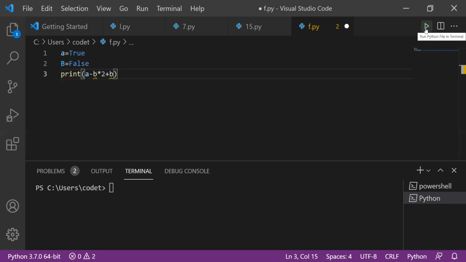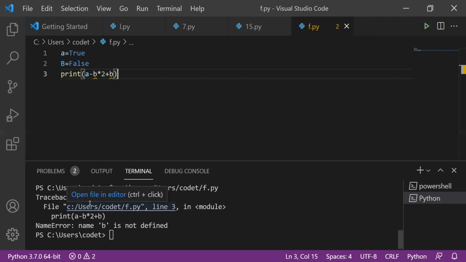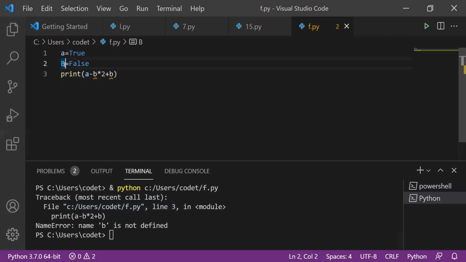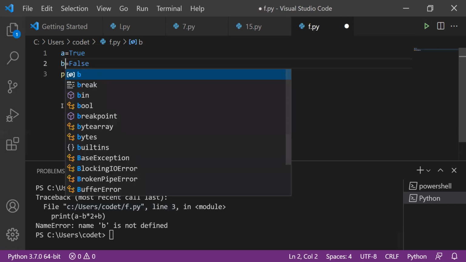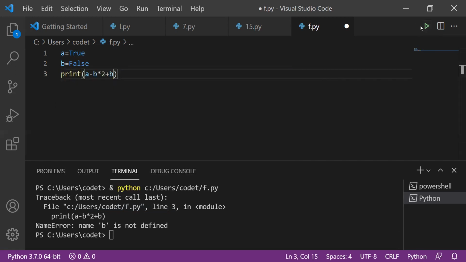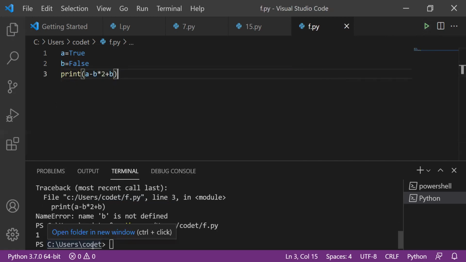I think most of the people know about BODMAS and all that, right? Let's run it. We got an error because B is not defined. Why did we get an error? Because I declared a capital B. Now if it is like this, what is the output? We are going to get 1, because it is taking true and false. Based on the mathematical operations, it is just working on that. It is getting true because 1 is true.